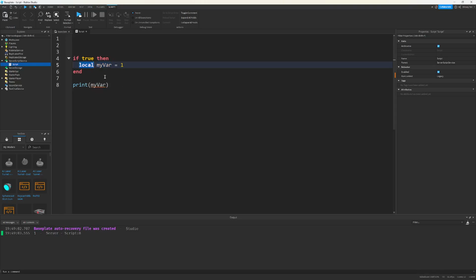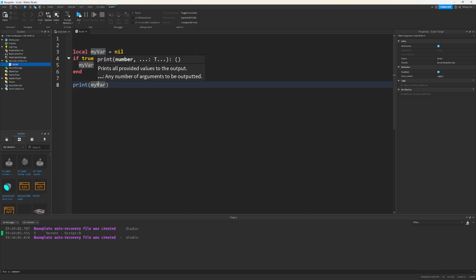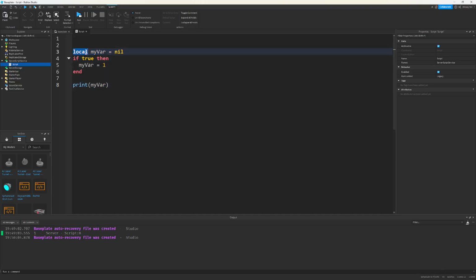But you may be saying, oh, this is useful because I can leave my variable here and just deal with it out here. But there's an easier way. You say local myvar equals nil, or you set it to 0 or some default value, and this solves the issue down here. Now this is more code, but local is way more performant,